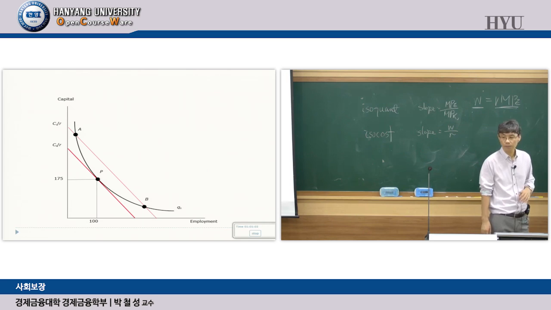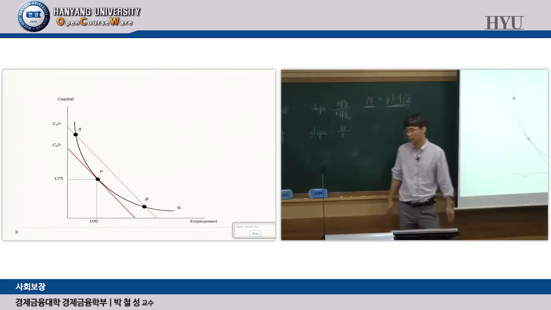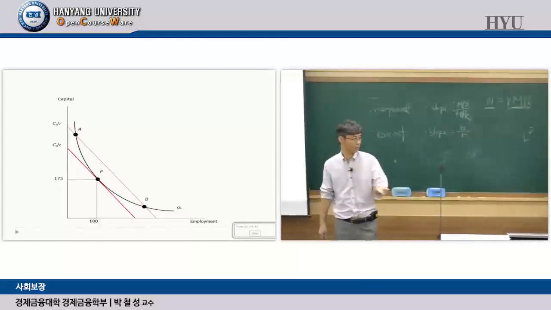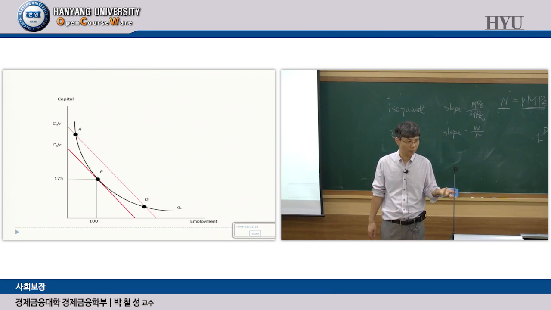Think of a firm who wants to produce a given quantity, let's say Q0. Let's say you're Samsung Electronics, and you want to produce, let's say, the Galaxy Note 7, which does not explode anymore. Then you probably have a goal, right? You probably have, let's say, we should produce 100,000 units per week or something.